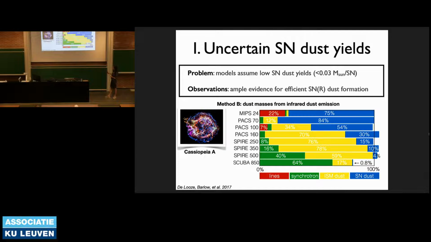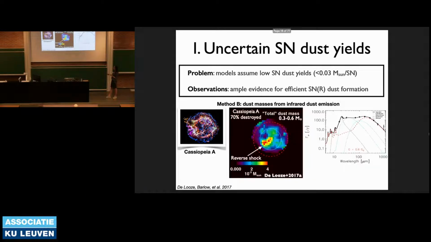To give you an idea, focus on the blue part, we're interested in supernova dust emission, and we have all this contamination of other emission processes, from interstellar dust, from synchrotron emission, and a little bit of line emission. So we want to correct for that. And that isn't an easy job, because especially at these longer wavelengths where you're more sensitive to the cold but more massive dust component, you only have a small contribution from supernova dust emission. So eventually what we did is we did this kind of spectral energy distribution modeling for each pixel, and we could derive a supernova dust mass map.